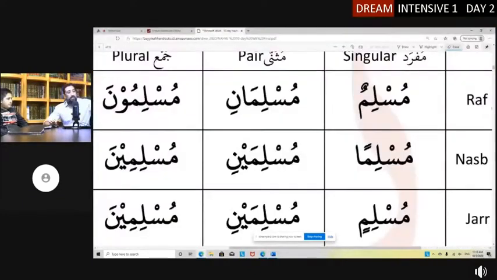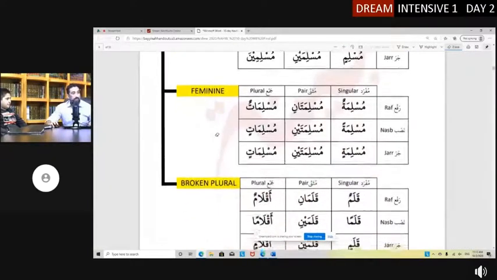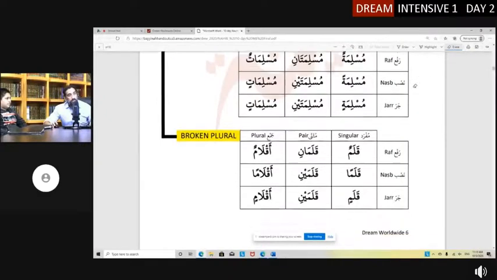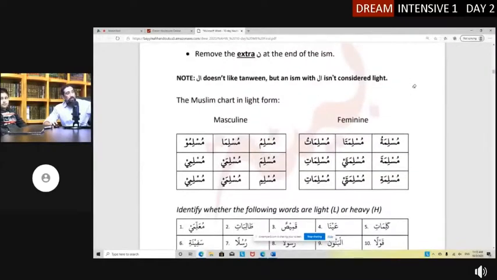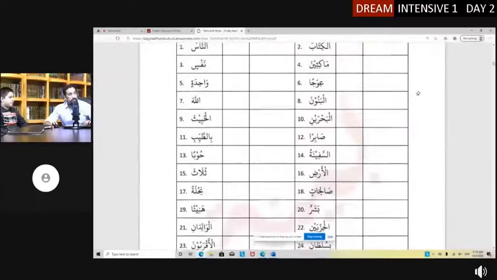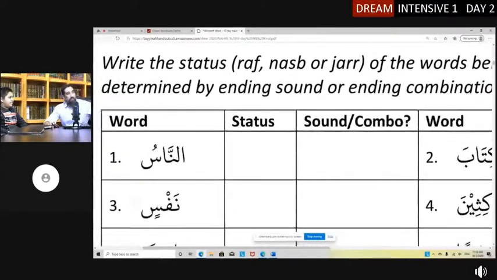Let's see if we can engage some words from the Quran. Why doesn't that work? I thought that would work. Oh, because I got the eraser on. It's trying to erase stuff. Now, should we do this first? No, I don't want to do that first. I want to go to page 5. There we go. Remember this page? We did a little bit of it. It's not responsive. Still got the eraser on.